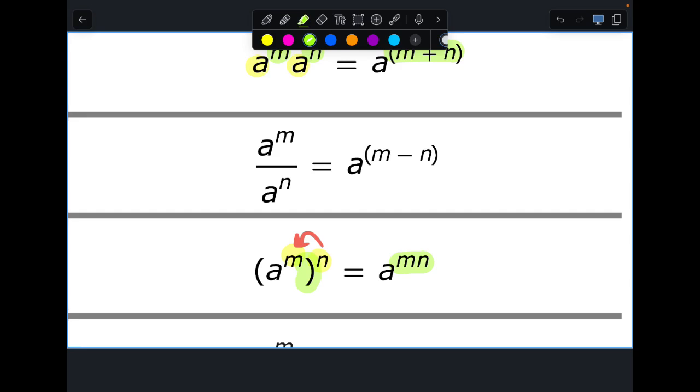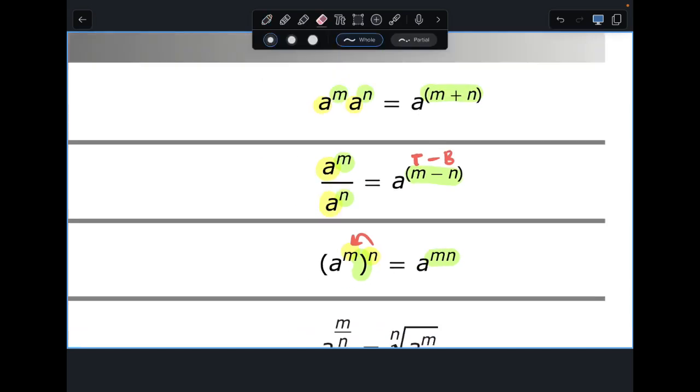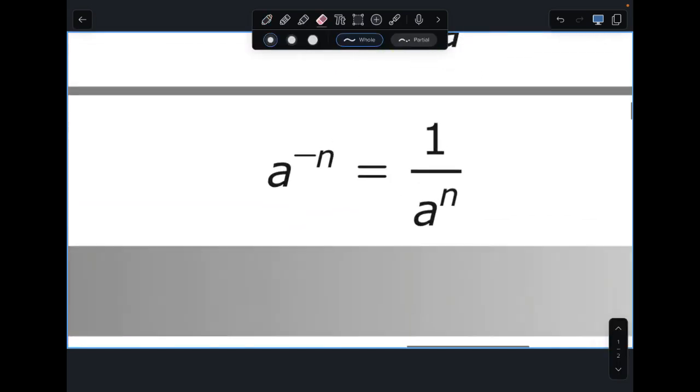When you divide your variables, what do you do with the exponent? You subtract, top minus bottom. Notice m is at the top, n is at the bottom, top minus bottom. Yes? Okay. And then one of the last rules that we learned was